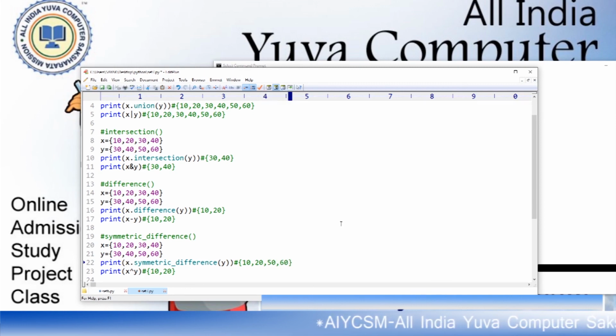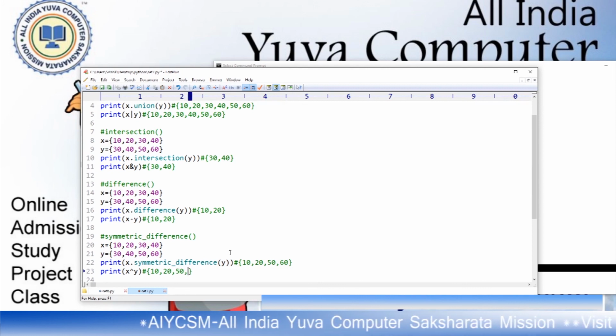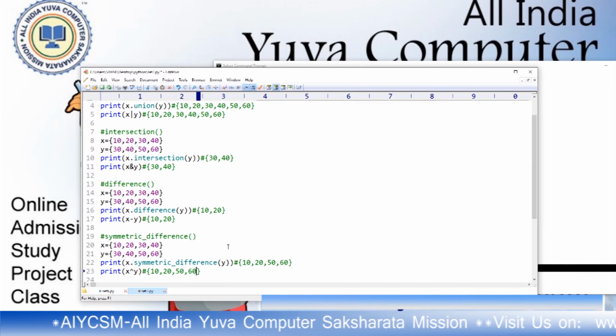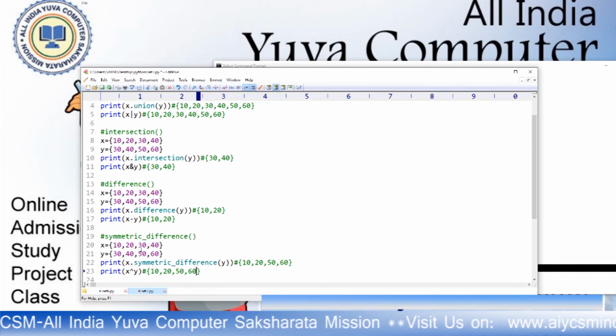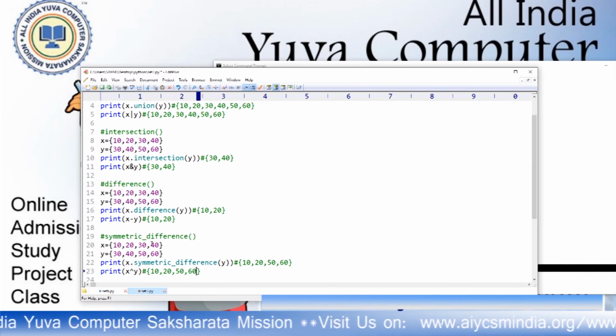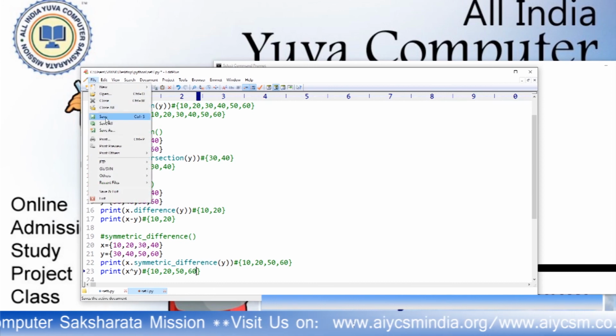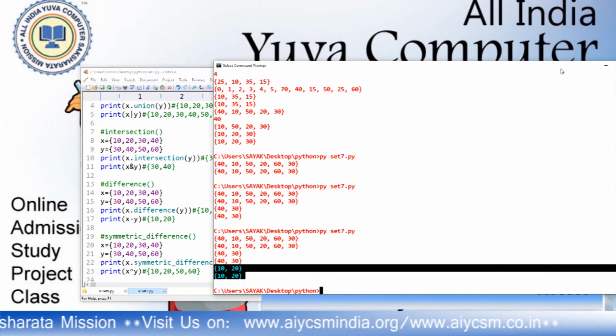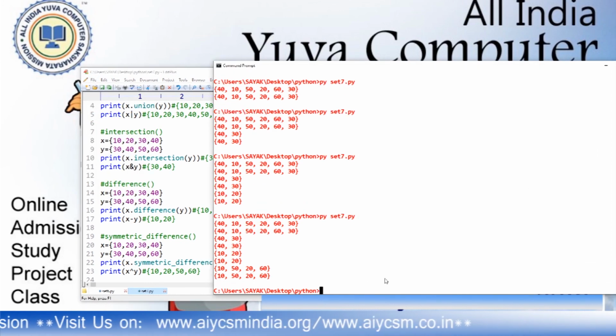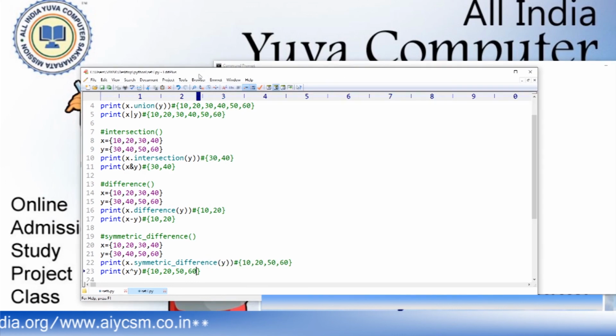The values that are present in x and y, not the common values. Okay. If you save this and run it from command prompt, you will find the answer. The order is not mandatory here. So, that is it. We will finish set with this concept.